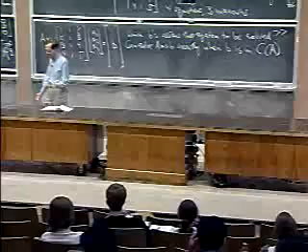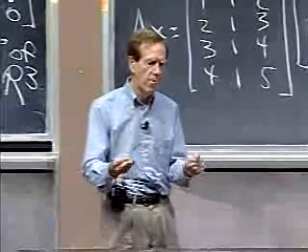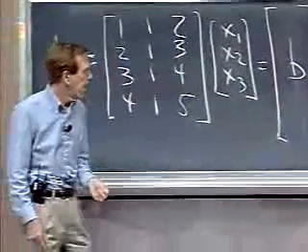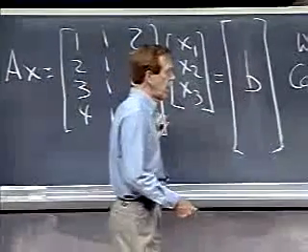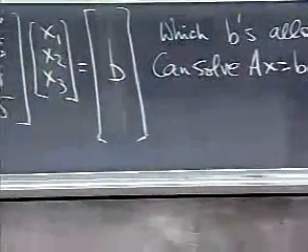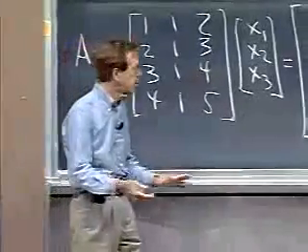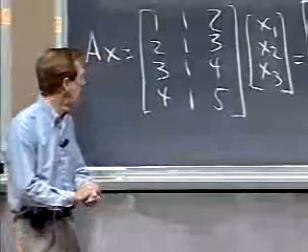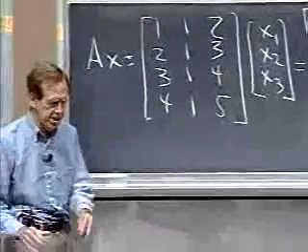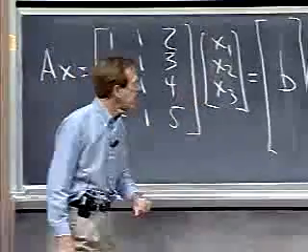Let me just say again why that is. Because the column space, by its definition, contains all the combinations. It contains all the Ax's. The column space really consists of all vectors A times any x. So those are the b's that I can deal with. If b is a combination of the columns, then that combination tells me what x should be. If b is not a combination of the columns, then there is no x. There's no way to solve Ax equal b. Okay, so that's really why we're interested in this column space, because it's the central guy. It says when we can solve,